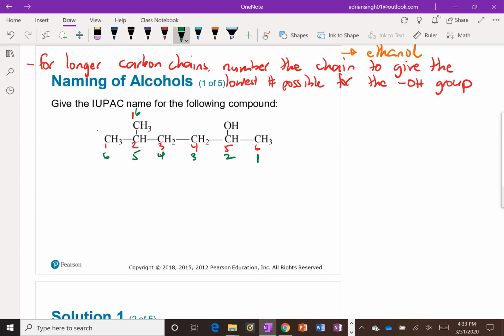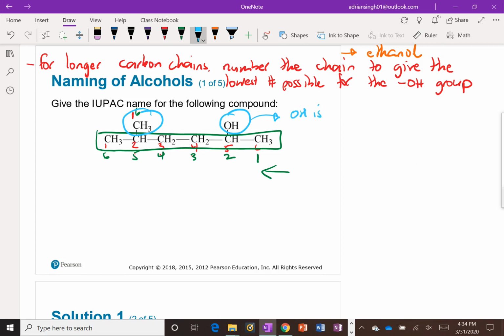All right, so we can just draw a box around that longest continuous carbon chain, and we're going to want to number it from the right side, right? Because we want to give the OH group, the hydroxyl group, the lowest number possible. Right, we're going to circle our substituent groups. So this then would mean that the hydroxyl here is on carbon number 2. So the OH. And then we also have a methyl here on carbon number 5. So that's a 5